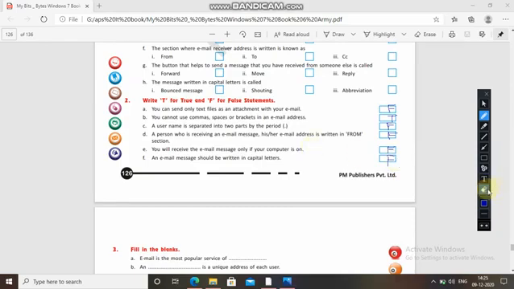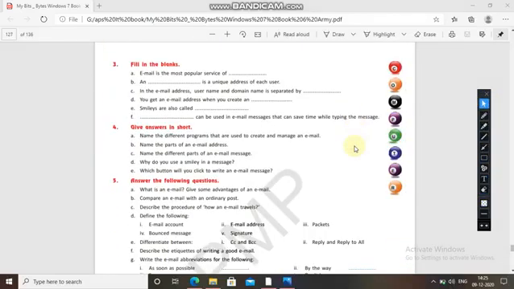Now coming to the fill in the blanks. Email is the most popular service of internet. Everyone knows email is the most popular service of internet. And dash is a unique address of each user.